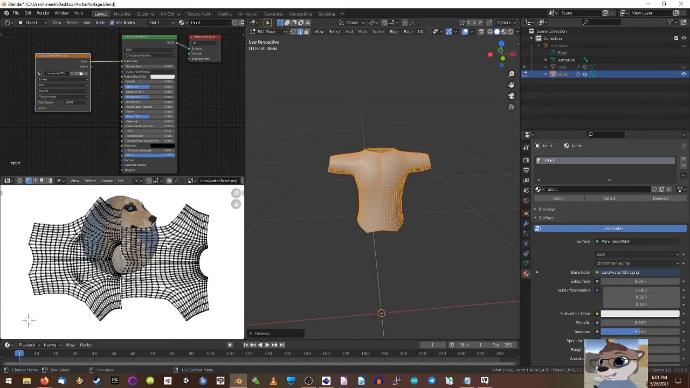Now we see the mesh is flattened on the UV editor,